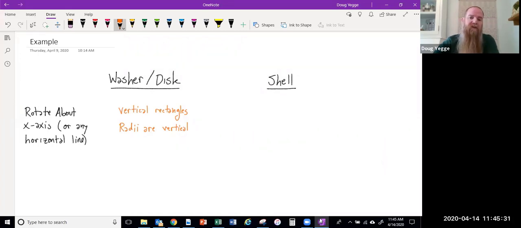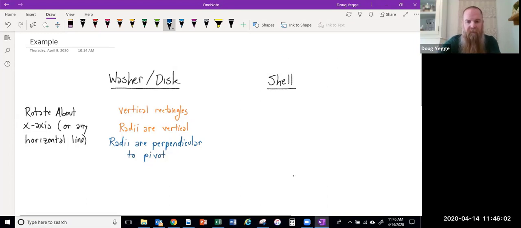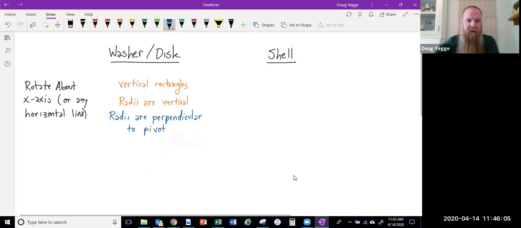But what we've got to realize for the shell method is it's going to be the opposite. And one more thing to recognize here is that these radii are always perpendicular to the pivot. But then when we looked at it in terms of rotating about the y-axis, about our vertical axis,